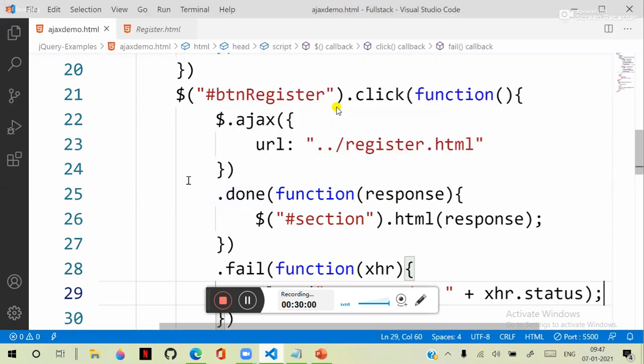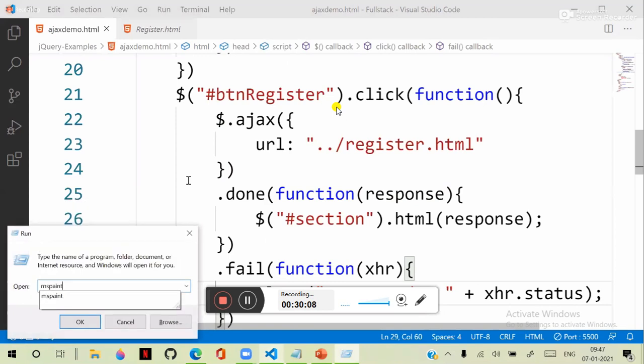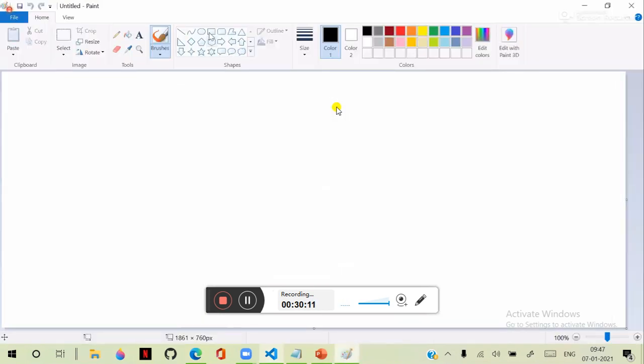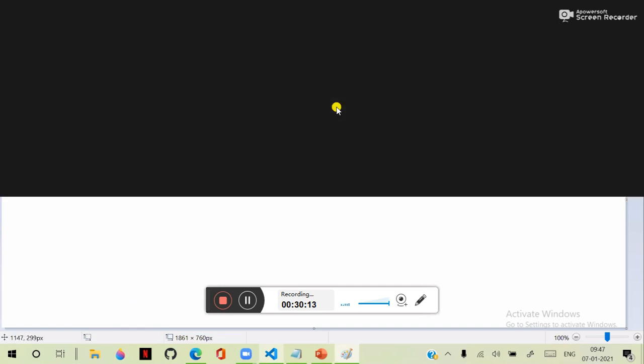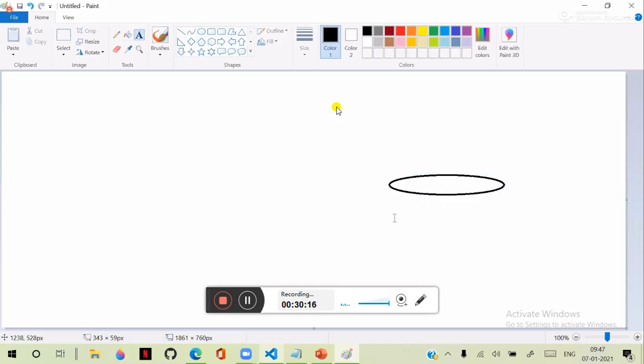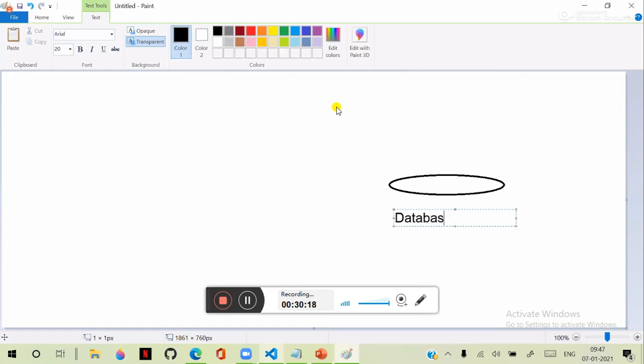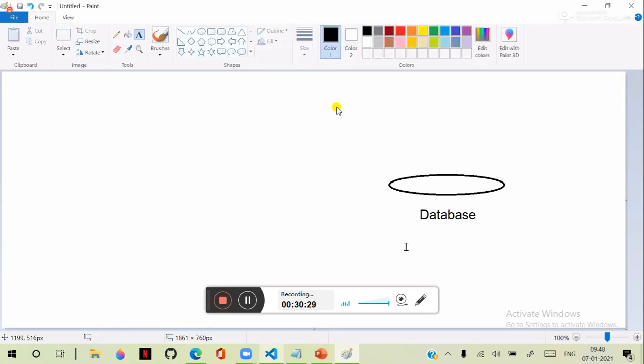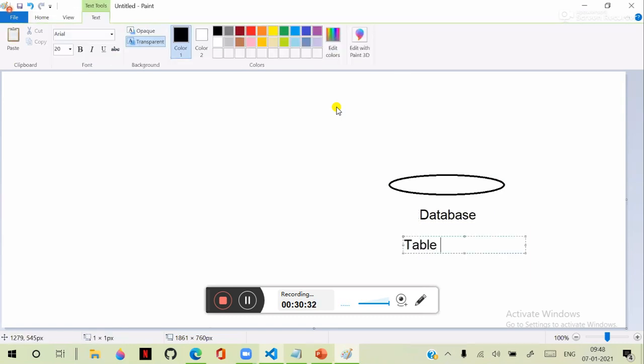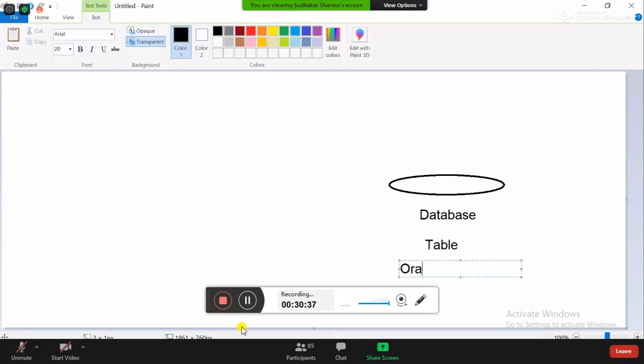But in the real world, where we use AJAX very much, in the real-world development process, we generally have a database. We will design this example also, because we are going to learn everything in this full stack. So in the database we will have some database table, and we create this database table in any database software like Oracle, like